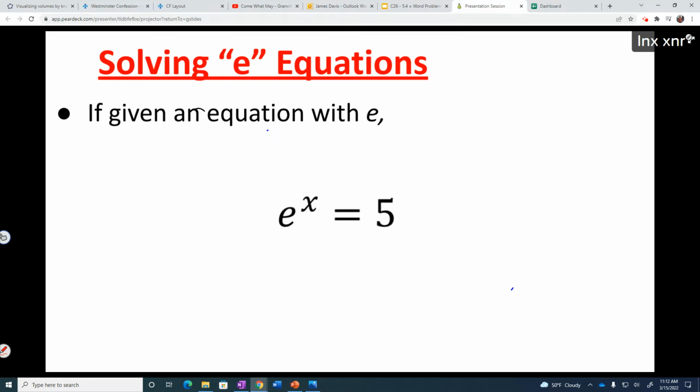We need to get it down from this exponent and get it by itself. Anybody know how to do that? Any of you? Let's get the odd divide. What do you think? Okay, you got the right idea. The division would work if it was like e times x. So that's a good thought too. But it is e to the x. That's a good thought. So something with